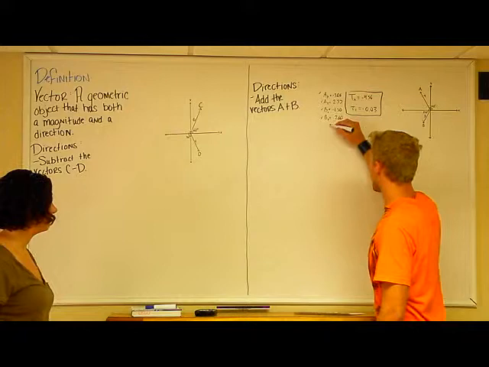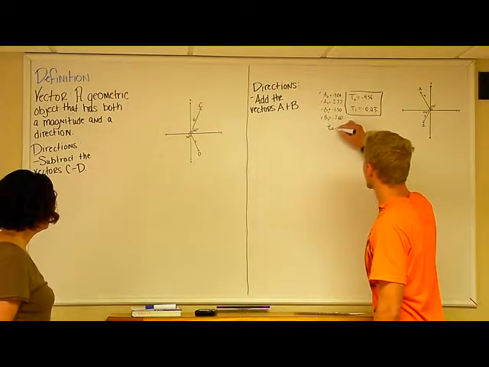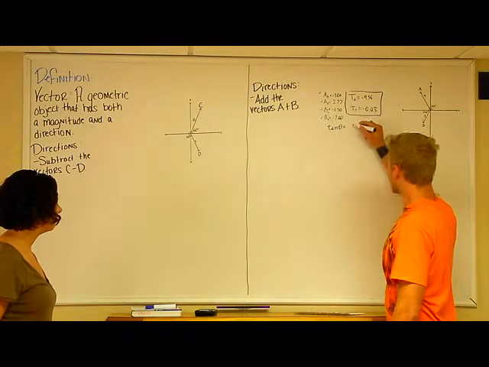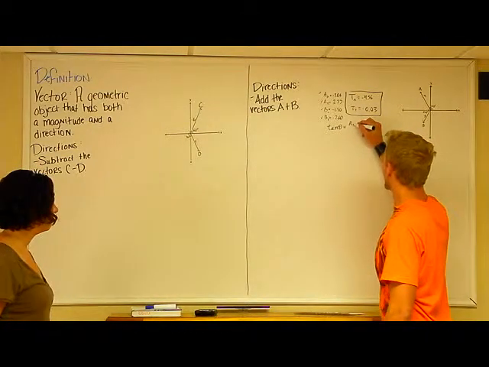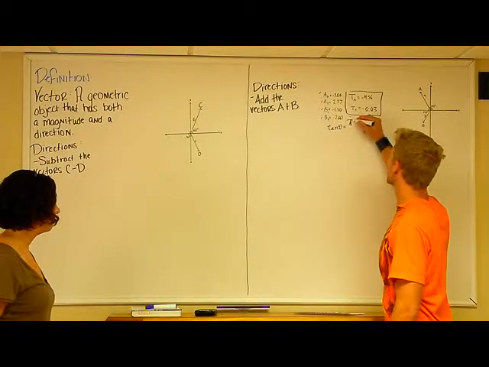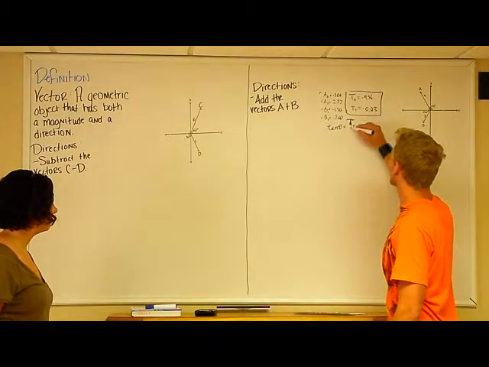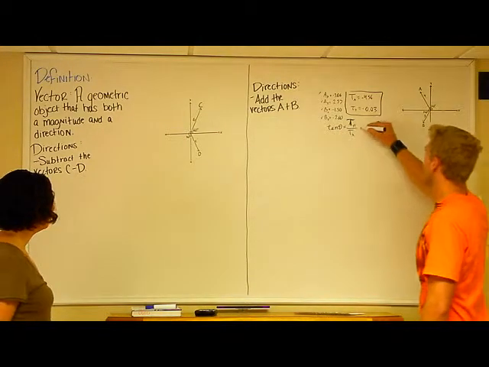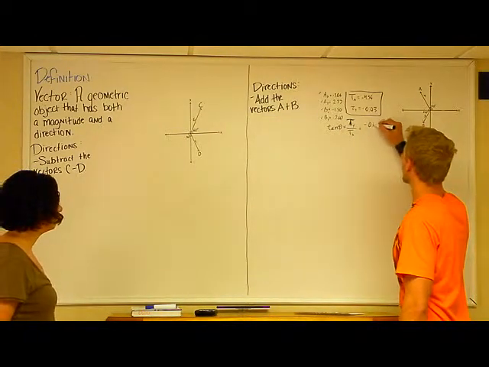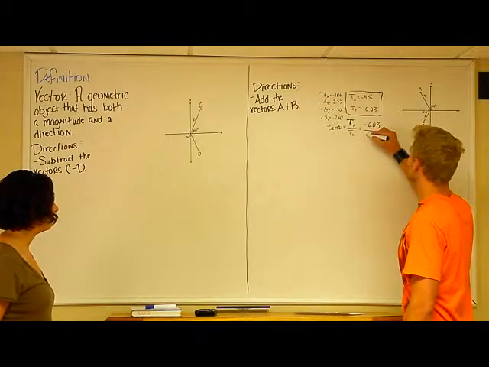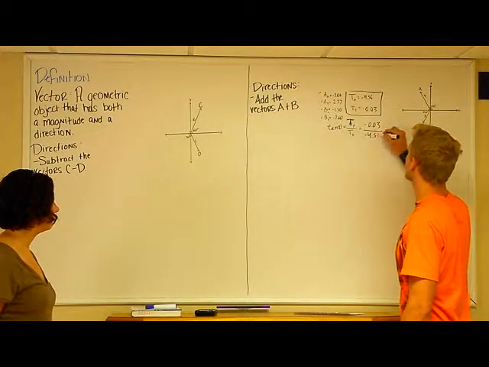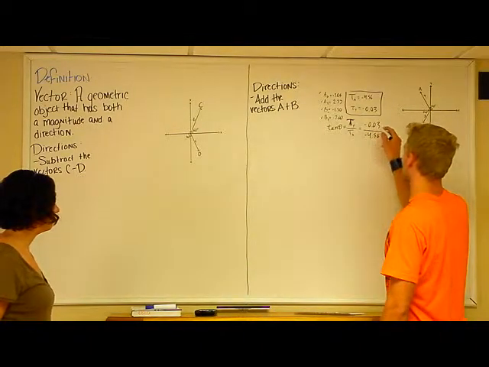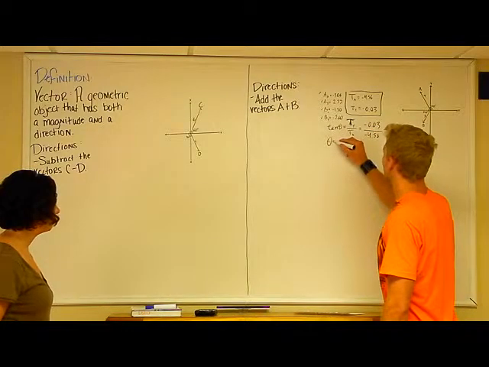We can find the angle because the tangent of theta is equal to Ty over Tx, by definition of tangent. That's negative 0.03 over negative 4.56. Taking the inverse tangent to solve for theta,